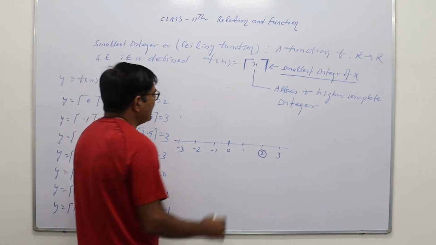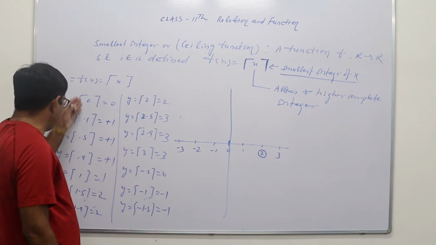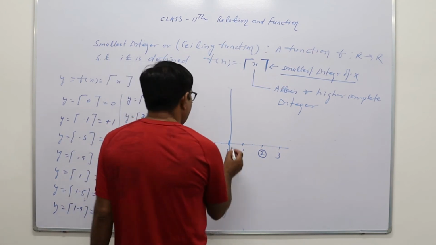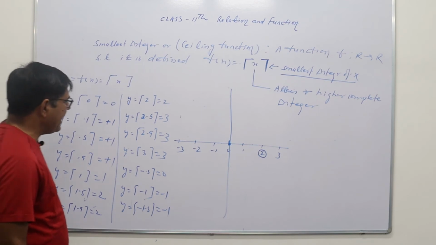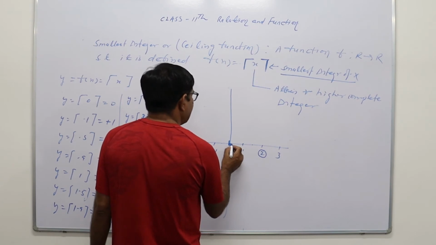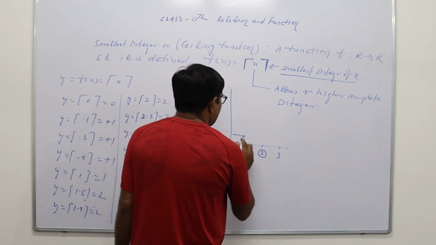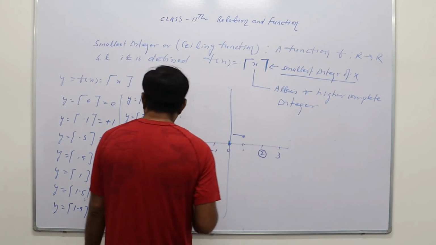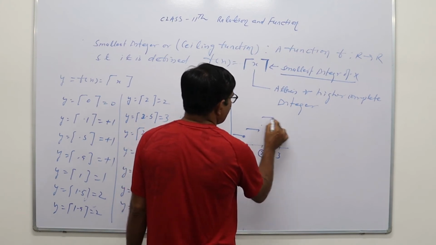If we have to plot the graph while taking these values as the domain elements, then these values will be its range. So if x is equal to 0, then its value is 0. And if x is 0.1, then y will be 1. So the graph will be in this way. At 1 it will again be 1, then for 1.1 the smallest integer will be 2. So again the graph will go in this way, then again in this way.